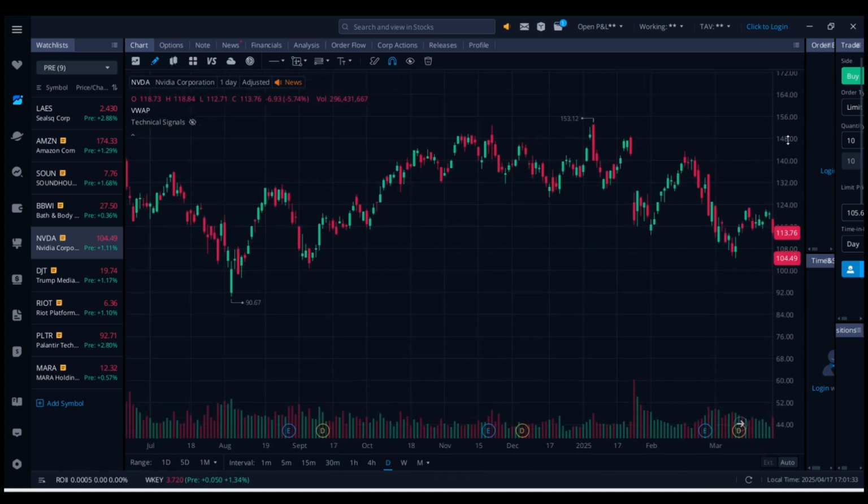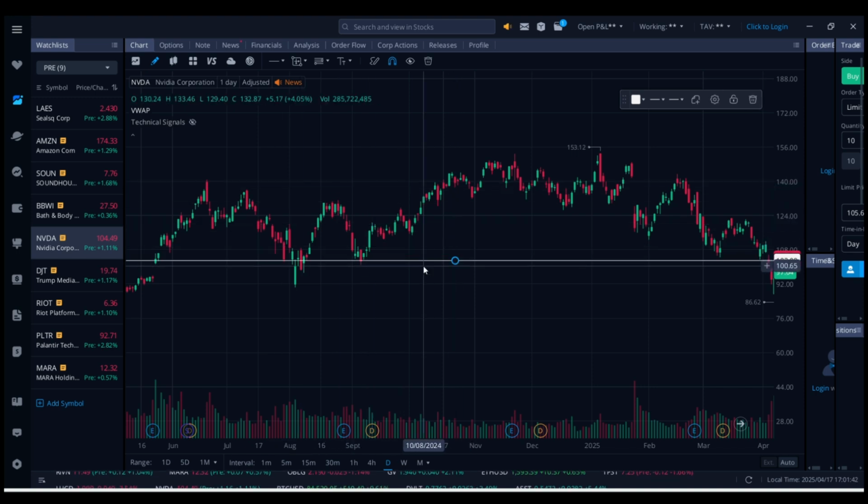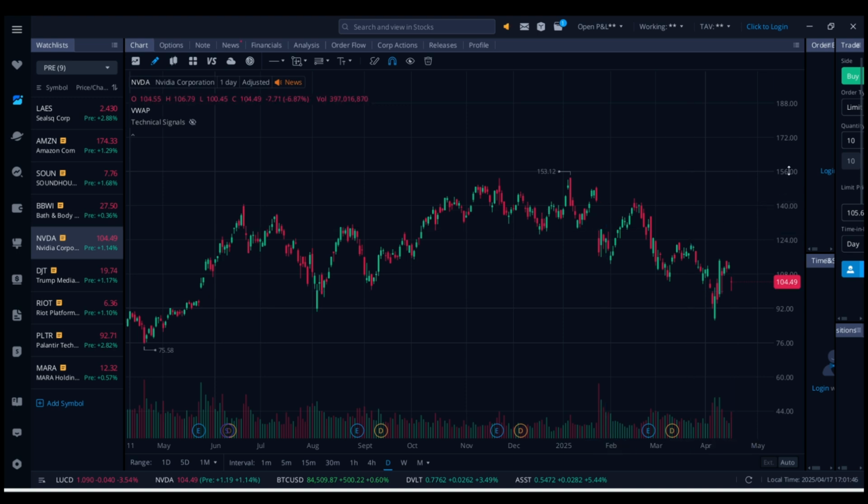So yeah, that's all it is. Again, I just wanted to do what you did in the first video as well. So instead of the diagonal line now, just go on your top and select horizontal line. I just want you to draw out some support and resistance. So we'll see